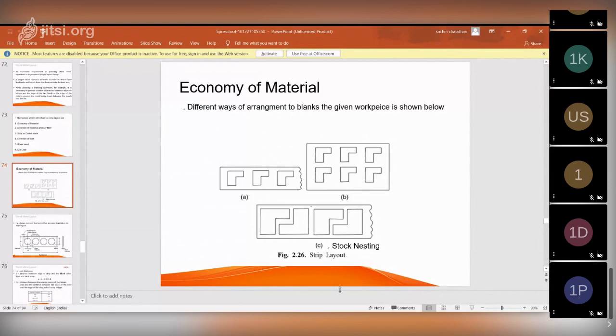Okay, now the direction of burr. In the shear mechanism we saw the burr, and it is produced exactly at the lower end of the sheet thickness. Where the fracture happens, just below that fracture there is a burr, and that burr also depends upon the clearance between the punch and die. So when the sheet metal is cut in a die, the burr is produced on the die side.